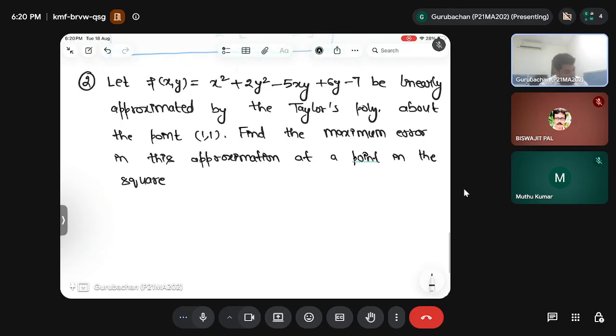An equation of the square is like this: absolute value of x minus 1 is less than or equal to 0.05, comma y minus 1